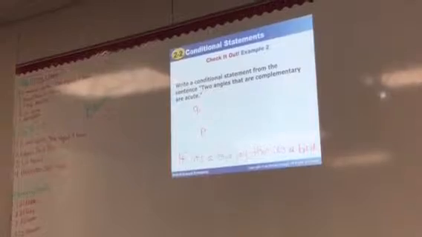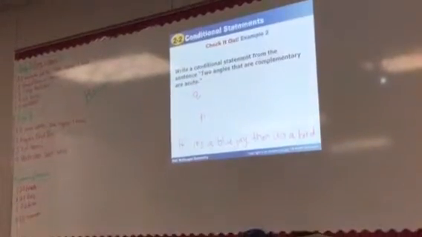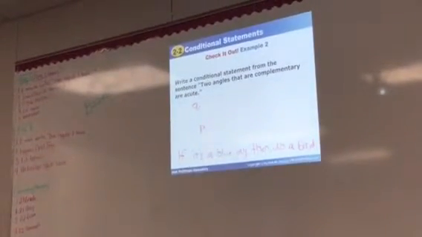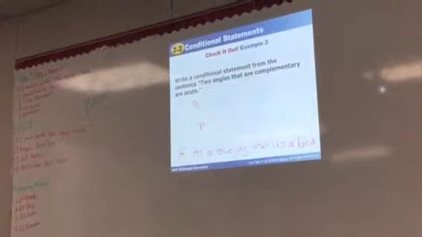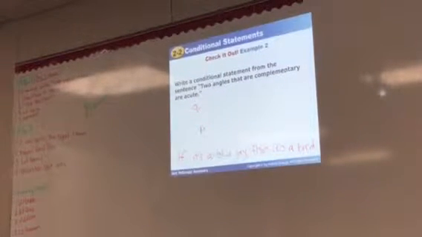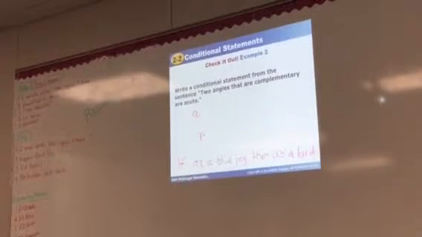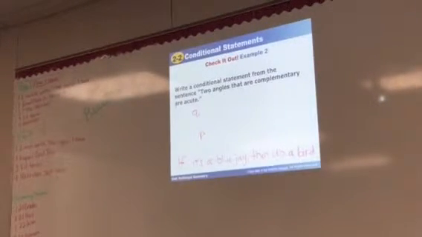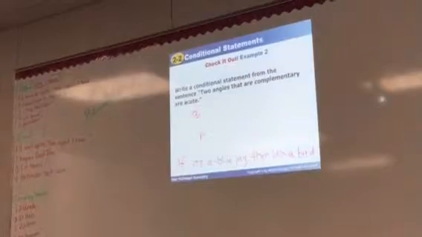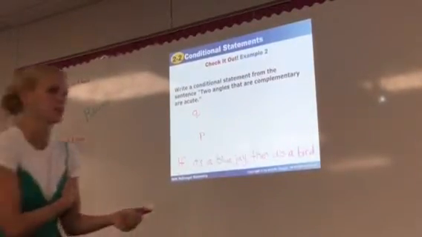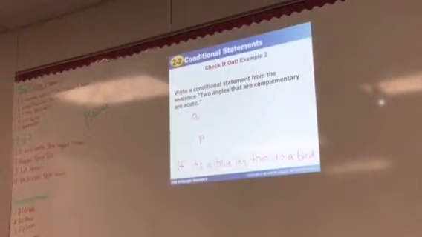As I was just sharing with Justin, if we wrote, if two angles are acute, then they are complementary, is that a true statement? No. Why not? They don't have to add up to 90. We could have a measure of an angle that's 1 degree, and a measure of an angle that's 2 degrees. Well, they're both acute angles, but are they complementary? No. Okay, good.